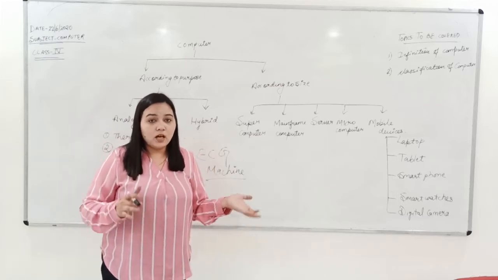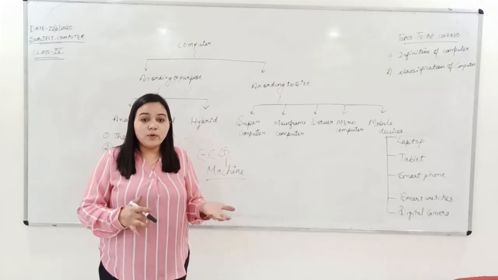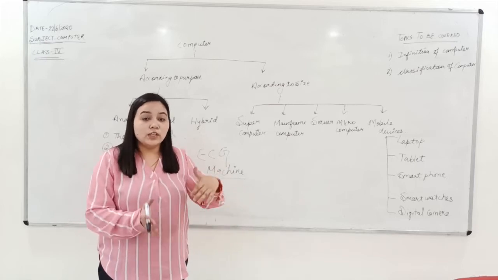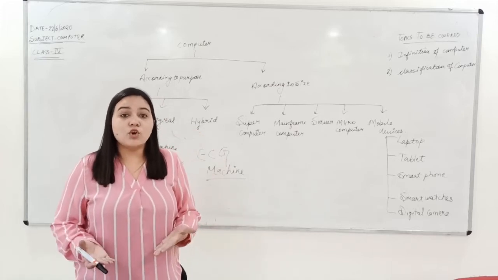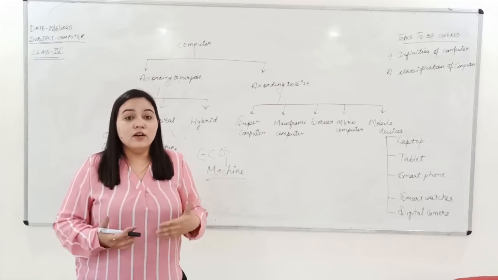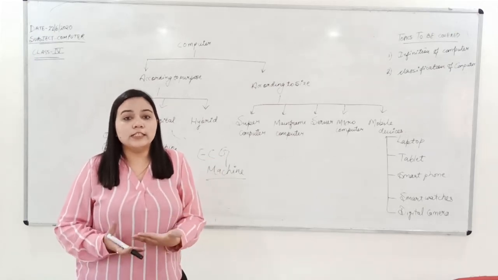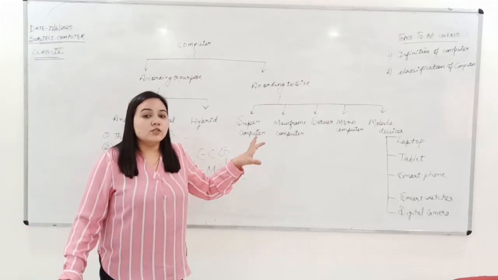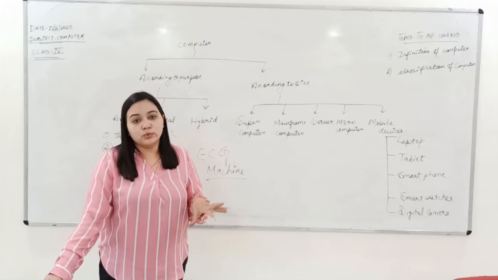For example, a man with superpowers is called a superman, and the superman is very different from a normal man, because what a normal man can or cannot do, the superman can do all that. Why? Because the superman has got superpowers. He can do wonderful things, he is very fast, he can fly, he can do things in a very speedy manner. These are the qualities that a superman possesses, and not everybody can be a superman. Similarly, a supercomputer is a computer which has superpowers. It can do so many things that a normal computer cannot do.